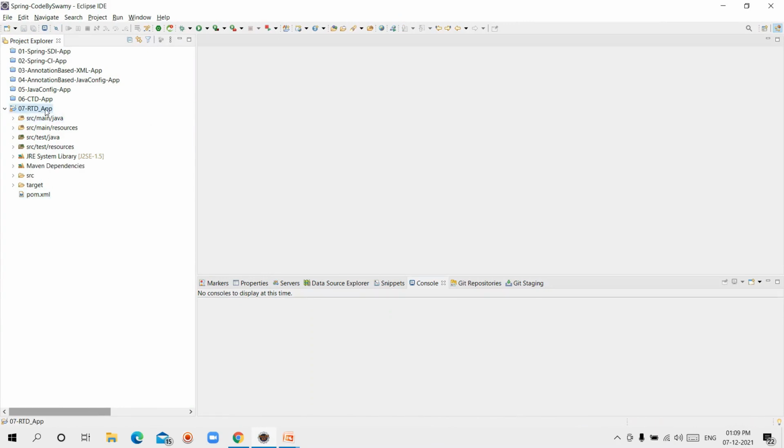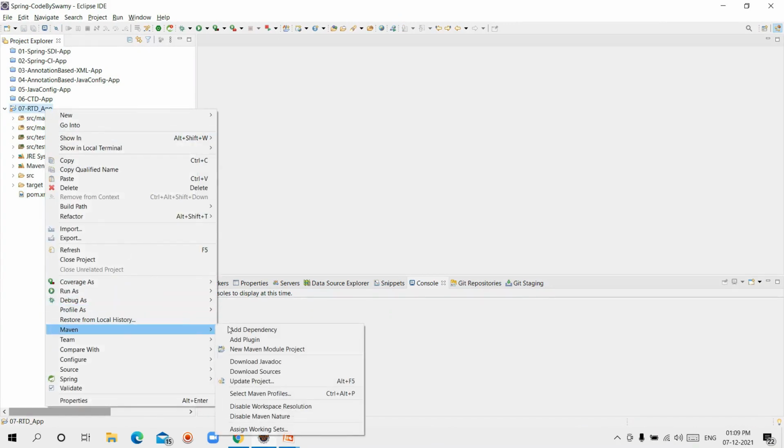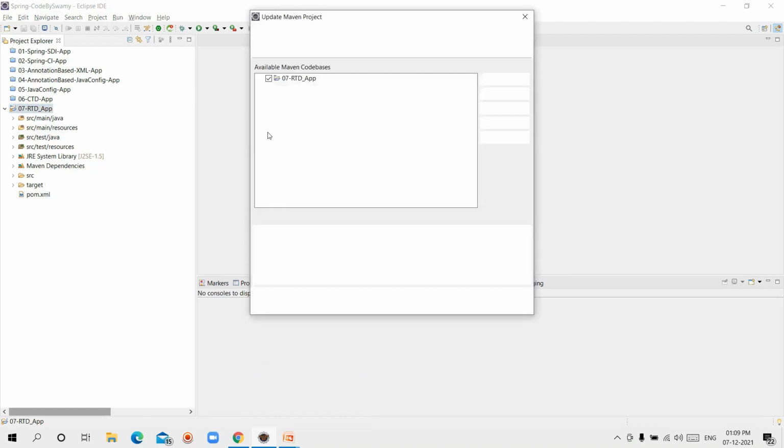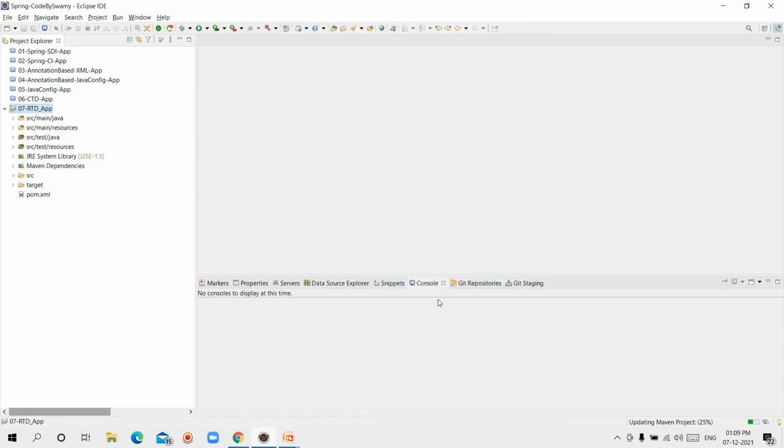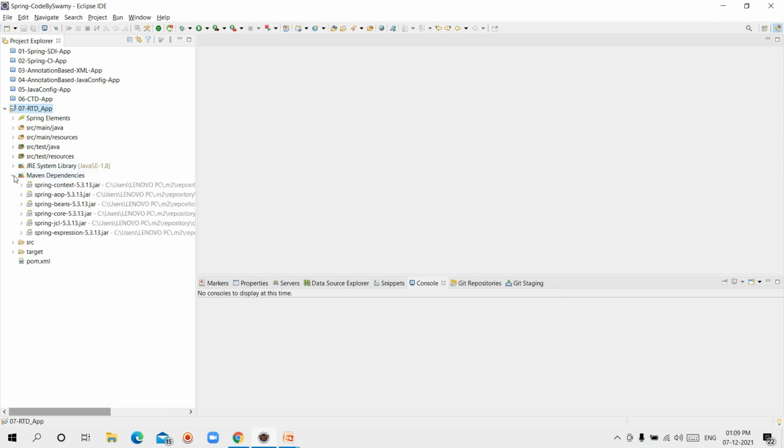Right click on the project, Maven, update project. Click on force update of snapshots. Click OK. See, the Maven project is getting updated here. Yes, completed. Now the Java version has changed from 1.5 to 1.8 and the Spring related dependencies are added to the project.